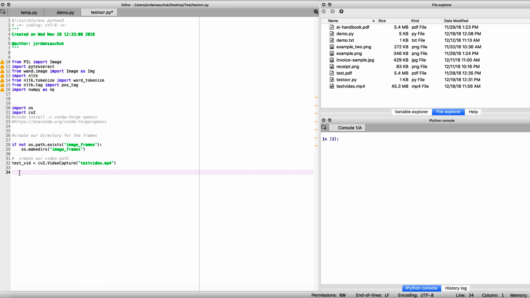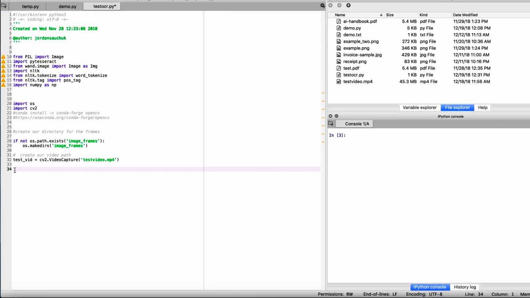Let's jump back down. And now we're going to start working with the main part of the algorithm to break down the frames. And for this part, we really need to start with creating an index or count. You'll see these terms used when you're working with OpenCV. So let's add another note: let's start our index or count for the frames. So we're going to assign our index equal to 0, and we're going to create a while loop. So while our test video, the file that we're working with, our test_vid, is opened,